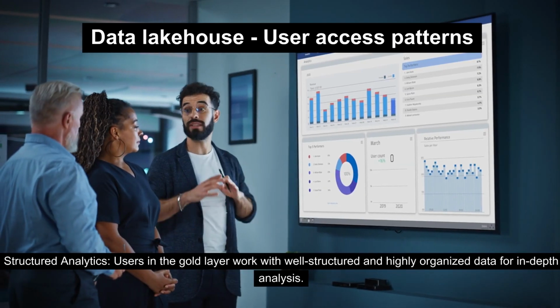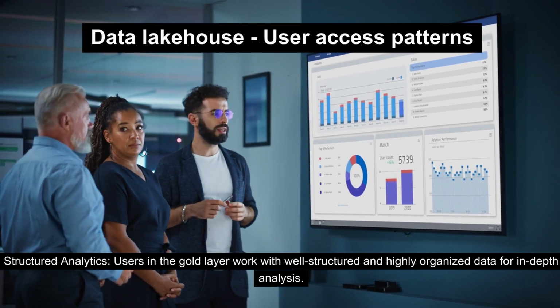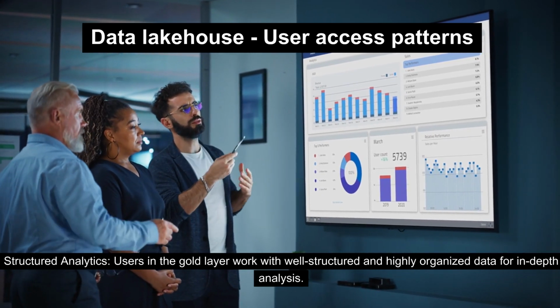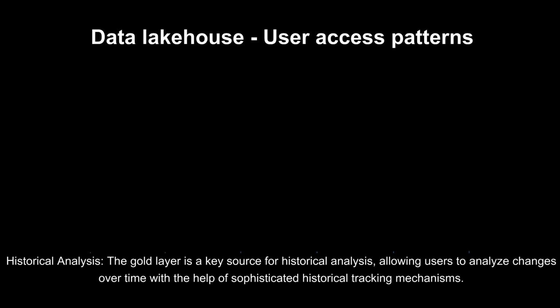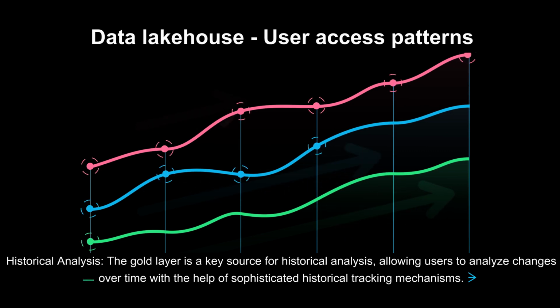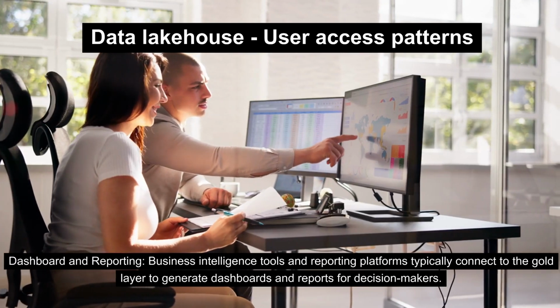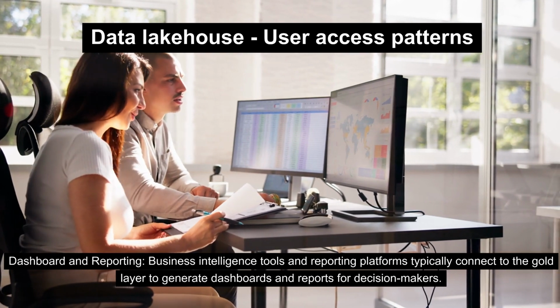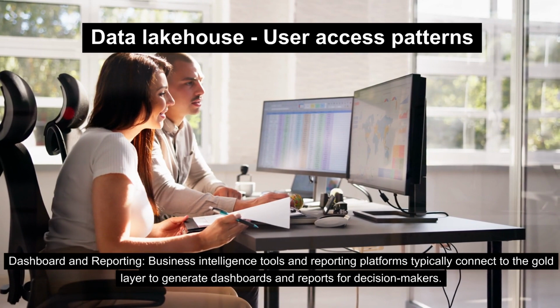2. Structured analytics. Users in the gold layer work with well-structured and highly organized data for in-depth analysis. This may involve complex queries, aggregations, and reporting. 3. Historical analysis. The gold layer is a key source for historical analysis, allowing users to analyze changes over time with the help of sophisticated historical tracking mechanisms. 4. Dashboard and reporting. Business intelligence tools and reporting platforms typically connect to the gold layer to generate dashboards and